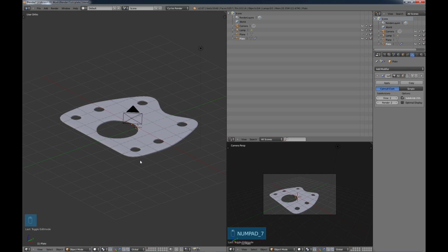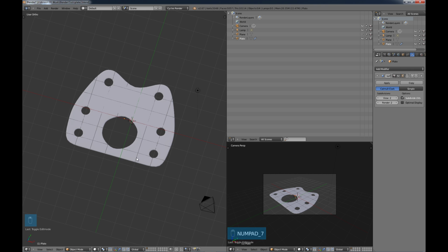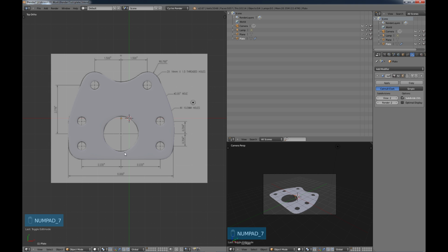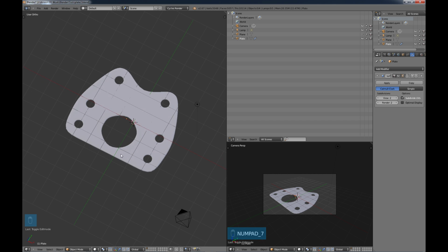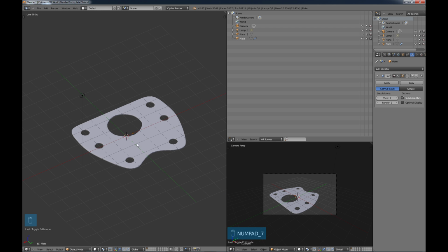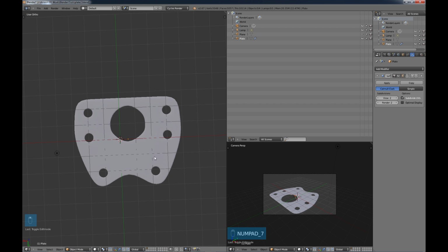So you might ask, though, what is the reason you would create something like this in Blender? Because you would probably normally do something like this in AutoCAD if you're creating a technical drawing. Well, probably in Blender you wouldn't, but the functions that we used in this can be used in other things. Like, for example, if you look at this plate, you could almost imagine this being part of a dashboard on a car, where you would put the speedometer and other gauges, of course with different size holes, or the